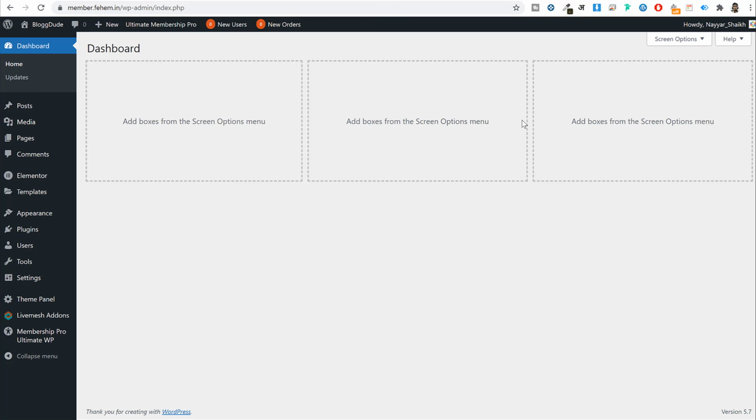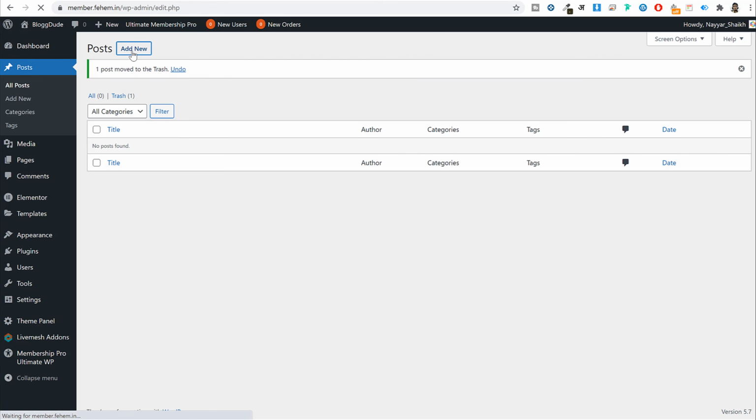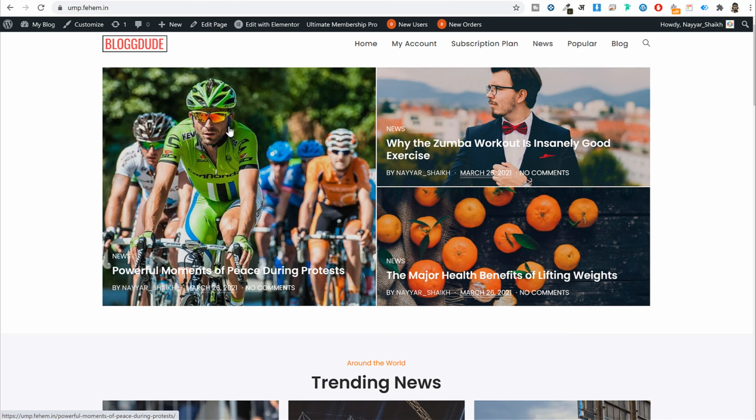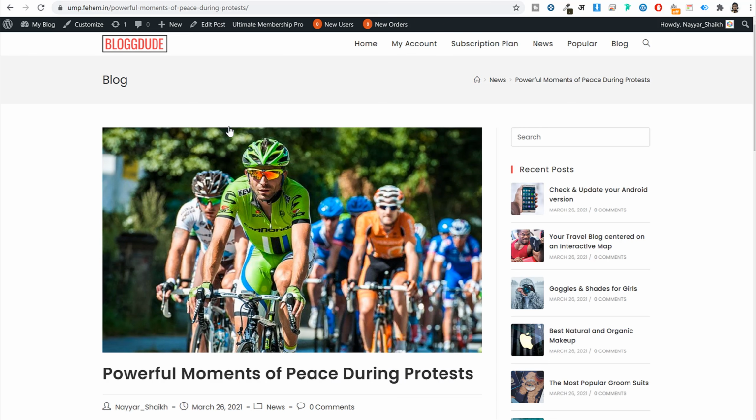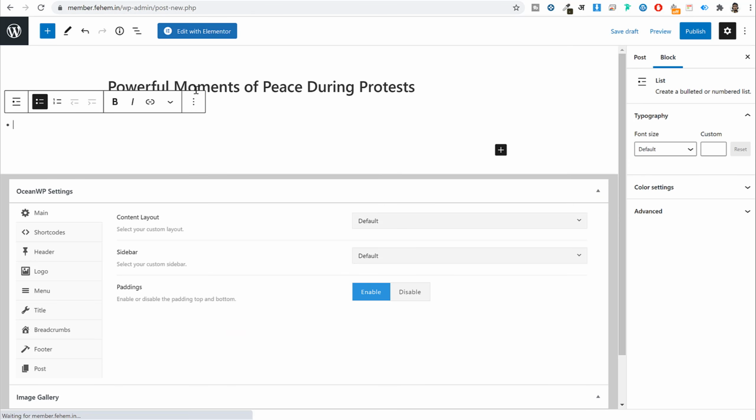Right guys, now let's see how we can create a post. So to create a new article or to create a new blog post, you'll click on this post option from the left hand side. First of all, let's delete this hello world. This is just a dummy post. Now to create a new one, click on add new. I'll do one thing. I'll just open a single post just so that we can copy paste things from here. This is how your title will look like. So we'll copy the title, paste it over here.